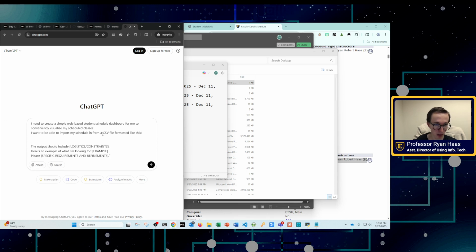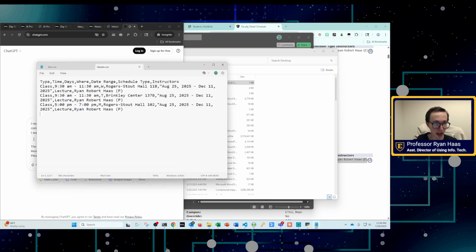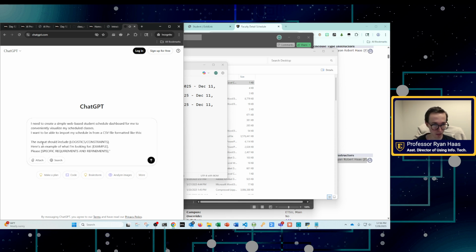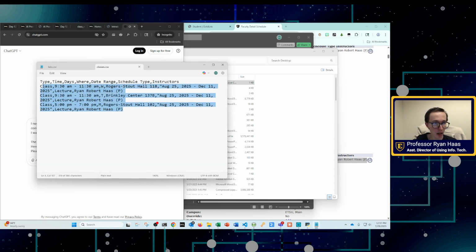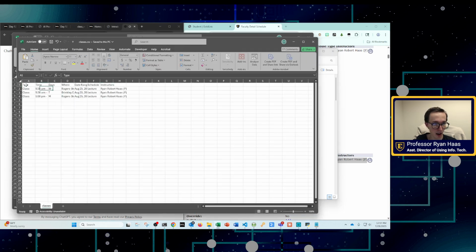And this is where I'm going to put an example. The way I'm breaking into new lines here without submitting it is instead of hitting enter, I'm pressing shift enter on my keyboard. And I'm going to copy this.